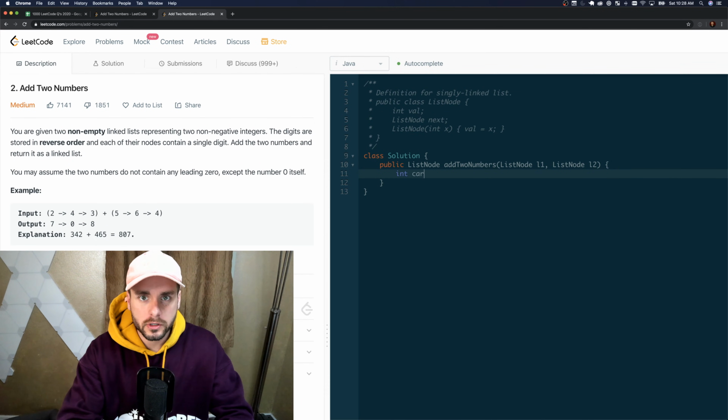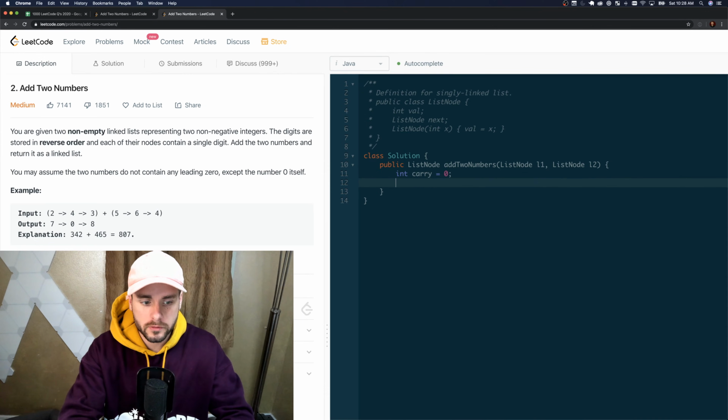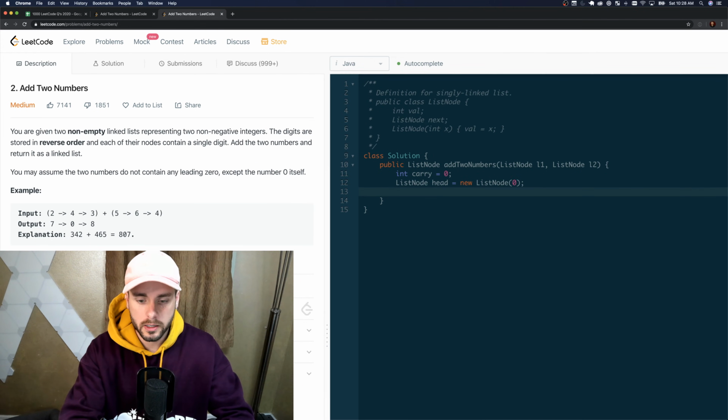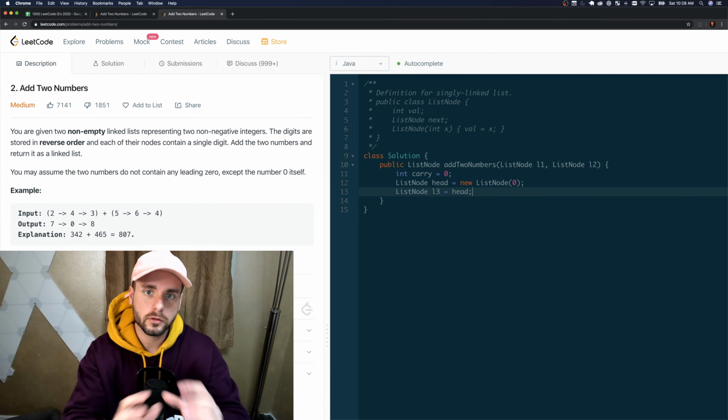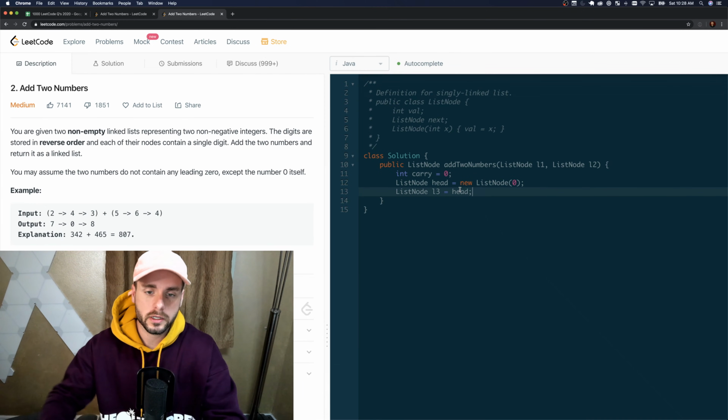So, like I said, we're going to have a carry. So let's create our carry variable, and then we're going to have our head pointer, our head. So it's going to be new ListNode. Let's just give it a default value of 0, and ListNode, and then we're going to have our new list L3. Set it equal to head. So head's going to be pointing to the beginning of L3. We're going to return head.next at the end,